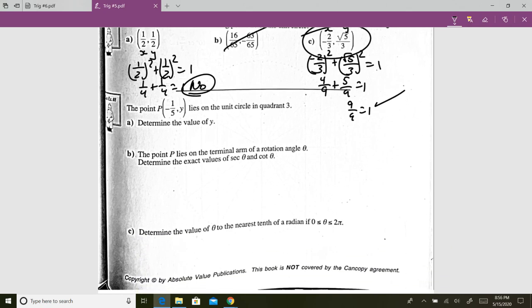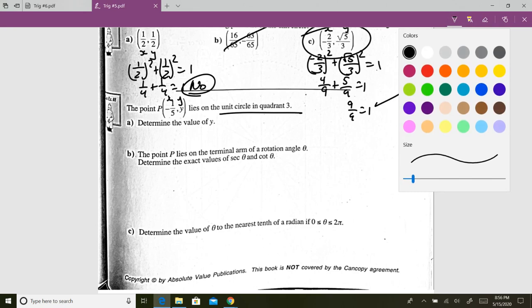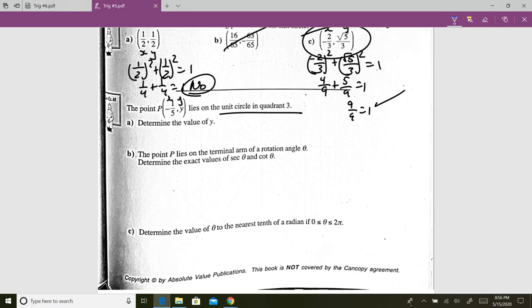All right. The point P, negative 1/5 and y, is on the unit circle in quadrant 3. So they told us this. This is our x, that's our y. So if they say it's on the unit circle, there's your equation. They give you an x and a y, determine the value of y. Okay, plug it in. Solve for y. So I'm going to get y squared is equal to 1 minus 1 over 25, which is going to be, to make a common denominator,